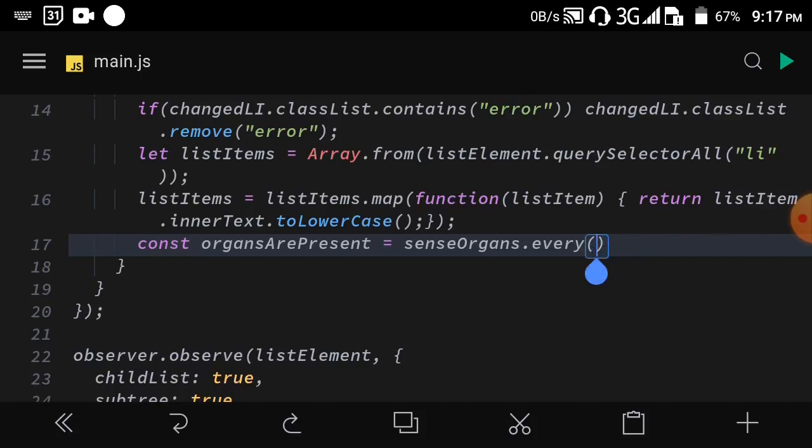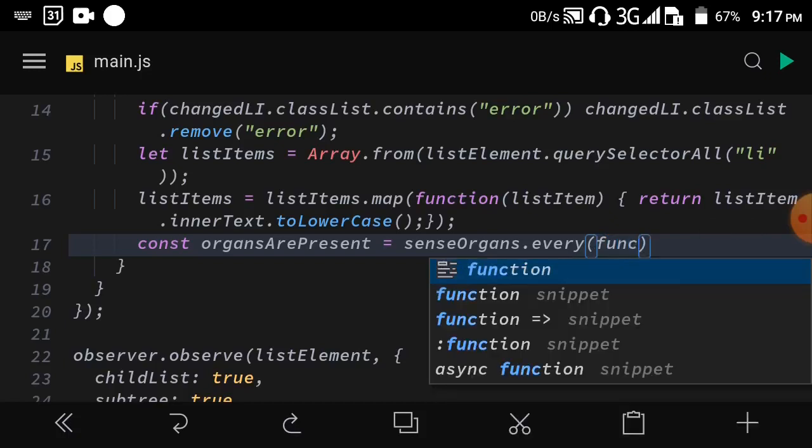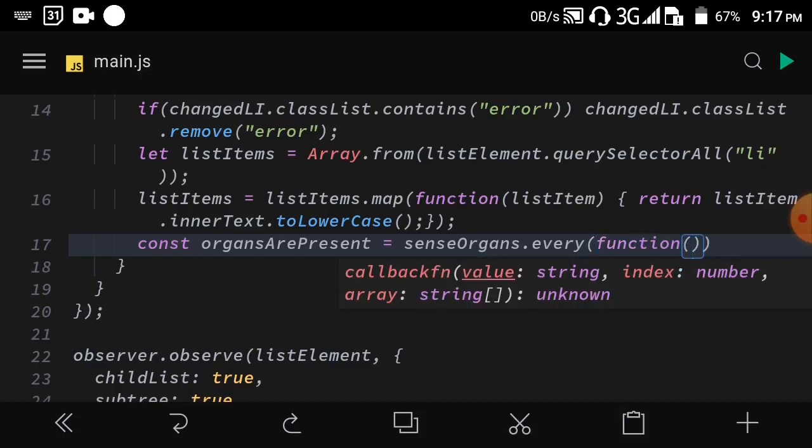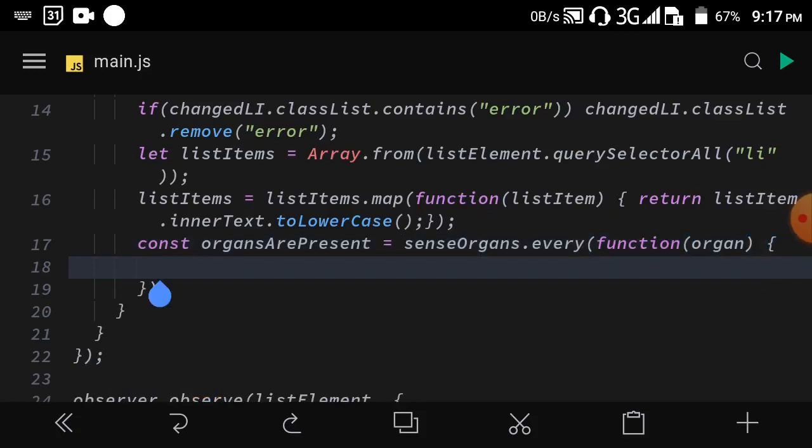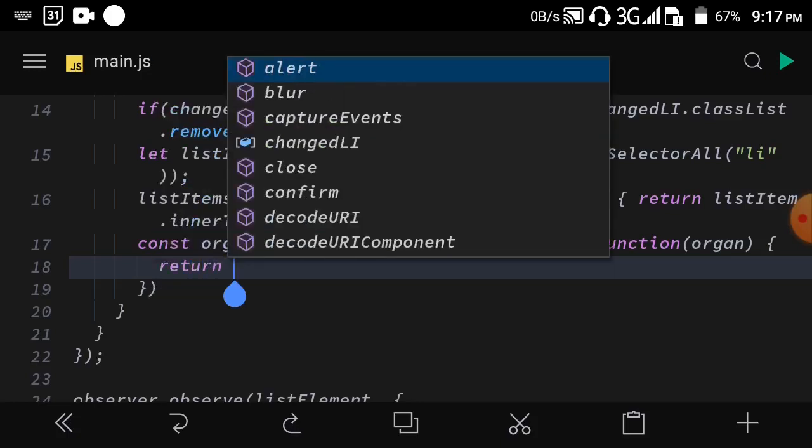So let's just pass the function to it first, and the first parameter of this one too is going to represent the organ that we are currently on inside the loop. So like that. So if we now want to say return, because we have to return a value from the every too, we now say return value organ